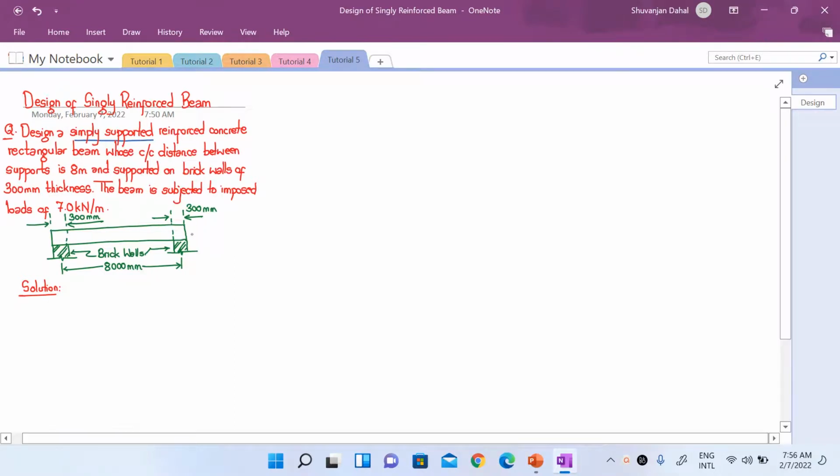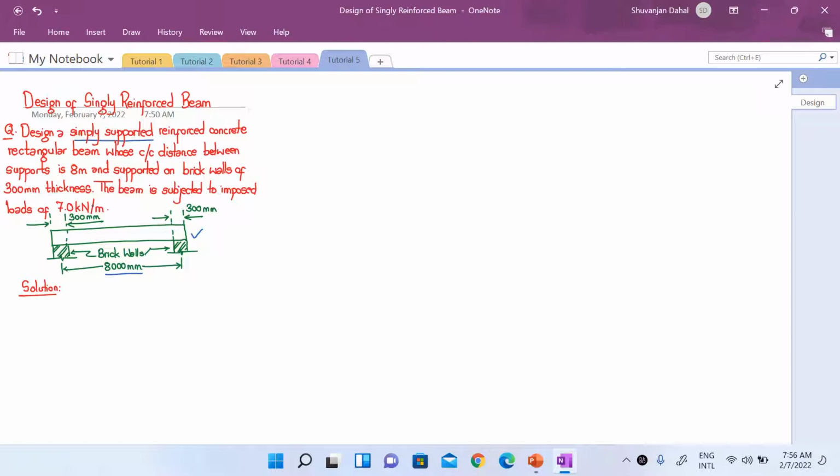So we are given that this beam here is simply supported whose center to center distance between the supports is 8 meter or 8000 millimeters. The supports are 300 mm thick brick walls and the beam is subjected to imposed loads of 7 kN per meter. So to proceed with the solution, since this is a design problem, the parameters that we have to determine